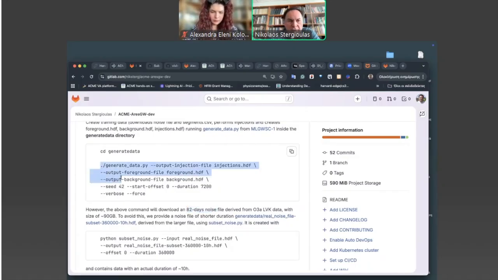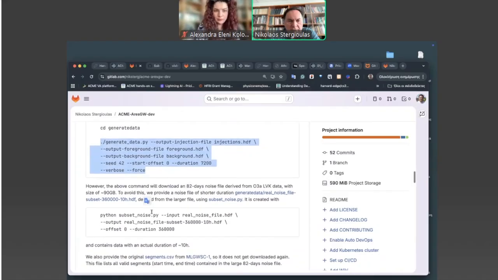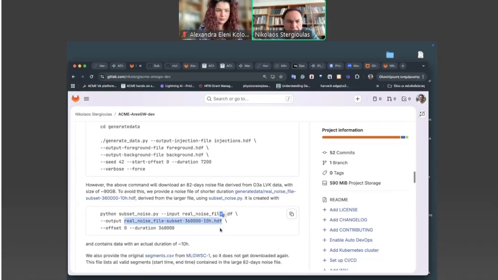So instead of running this command, we have created a Python script that takes this large data file and creates a subset of it. In this way, we have created a smaller file that, instead of 82 days, has a duration of only 10 hours of noise. 10 hours is sufficient to create a minimal example for demonstration here.